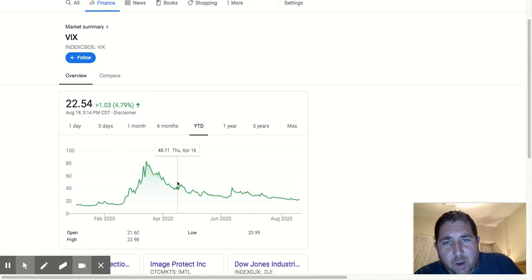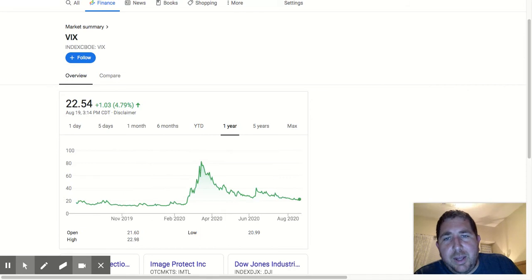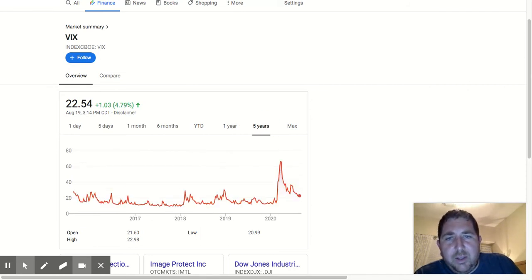And now we're going to look at the historicals on this. But as you can see, over time, it was up. It started going down a little bit, popped up again, and now it's continuing to fall down. So what this means is if you can follow the volatility index, you can get an idea of how volatile things are in the stock market in general.